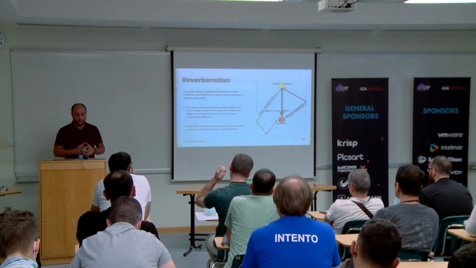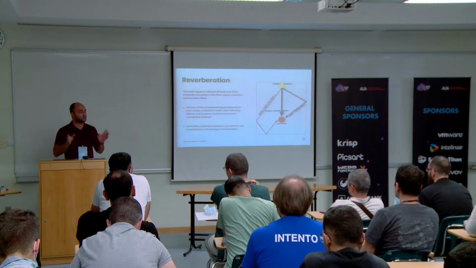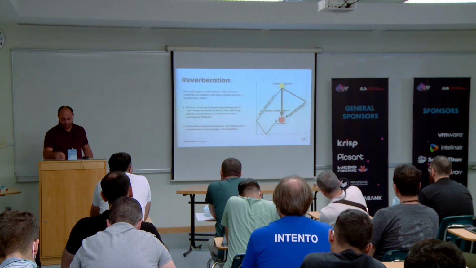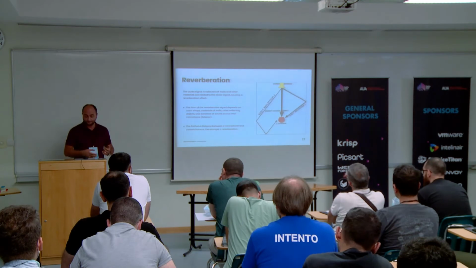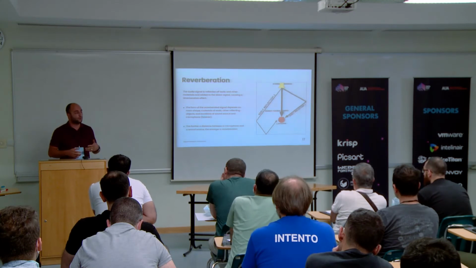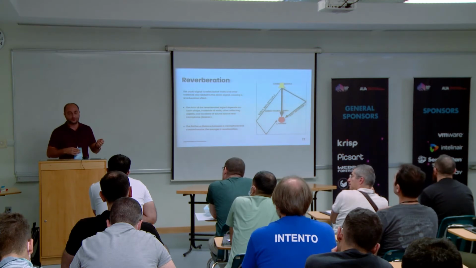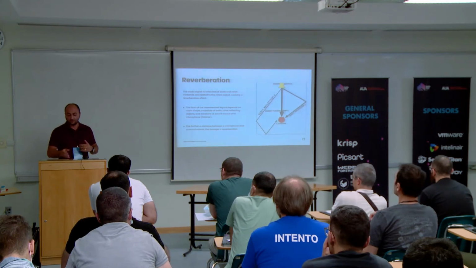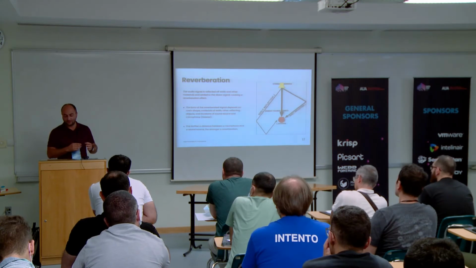Reverberation is the phenomenon of audio signal reflection from the walls of the room and other reflecting objects. Here you can see in the picture that the reflected signal is added to the direct signal, and we get reverberation. The form of reverberation depends on the shape of the room, the material of the walls, other reflecting objects, and also the location of the sound source and listener or microphone in the room. The strength of the reverberation is proportional to the distance between the microphone and the sound source.